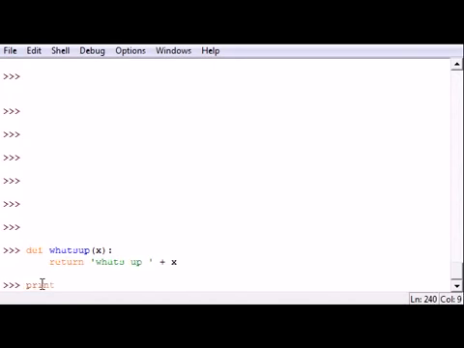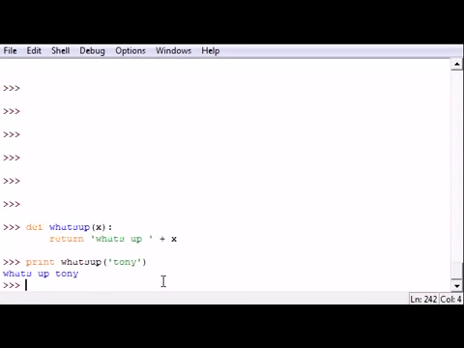So whenever we're writing this in a program, we're going to want to print that out. So hold on a second, I got an itch. So now we write print, and you don't have to print it, you can store it as a variable or anything you want. I'm just going to print this out to show you. And next, how you use your function, you just call it by the function name, what's up, and then inside your parameters put whatever you want to have for X. So let's put Tony. So let me go ahead and run this, and it says what's up Tony,